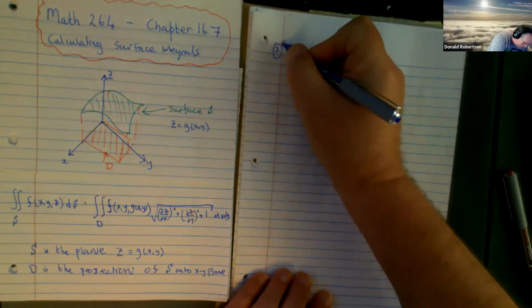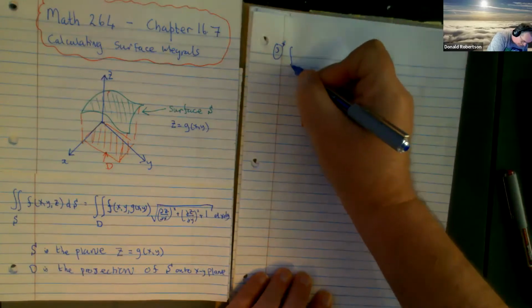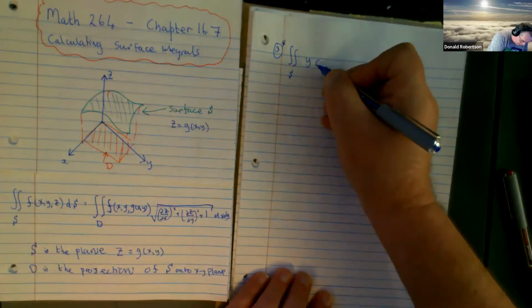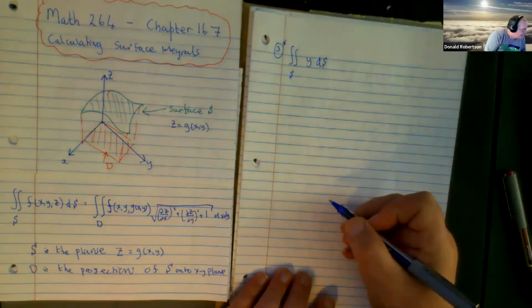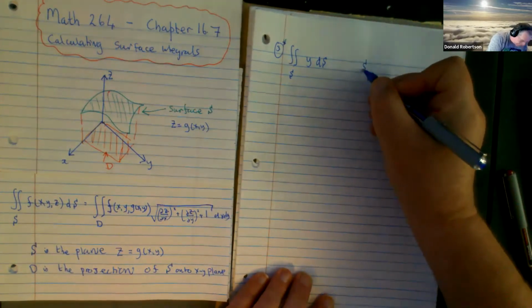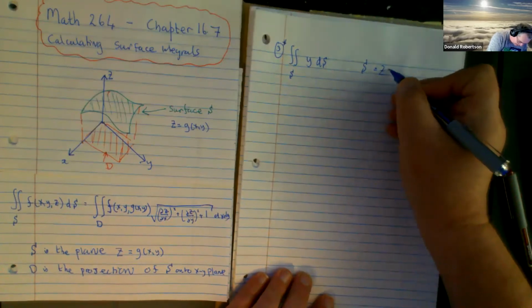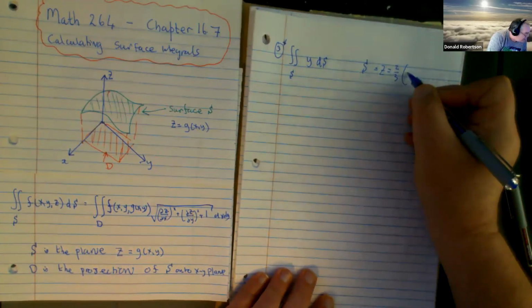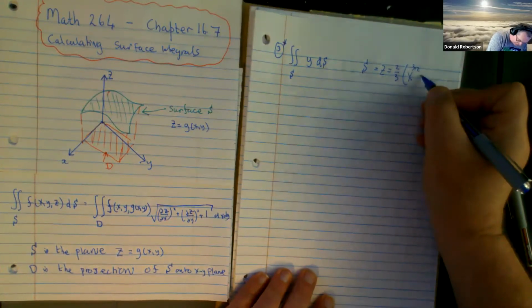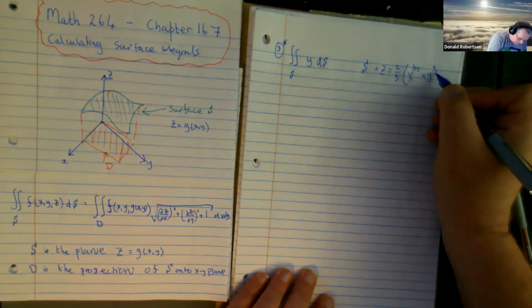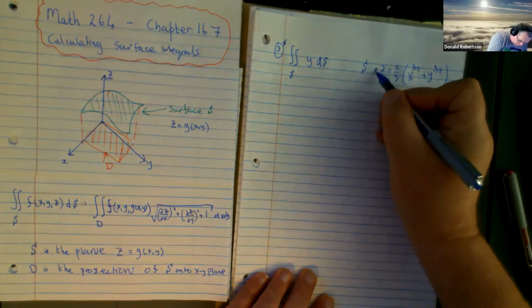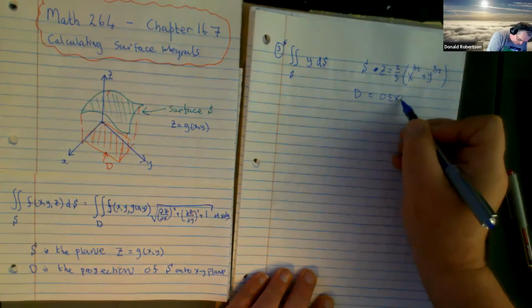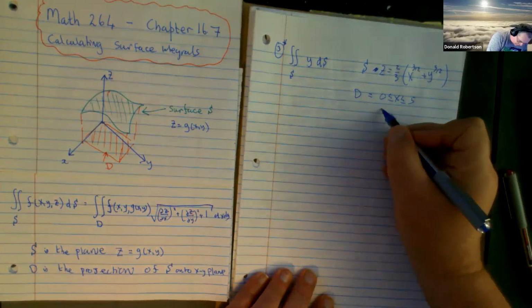Version 3 then. The surface integral that we're being asked to do is just y. Well, that shouldn't be too much a problem. And the surface is z equals, oh God in Himmel, look at this, 2/3 x to the 3/2 plus y to the 3/2. And we're only going to do it in the range x is 0 to 5 and y